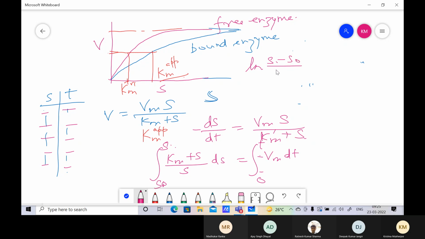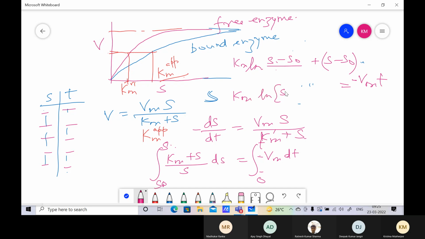Actually, it's the other way around, but anyway, ln S by S naught, with Km outside. Km times ln S by S naught plus S minus S naught is equal to minus Vm t. Absolutely. Minus sign, minus Vm t. Yes. And so we divide by t, and we get Km ln